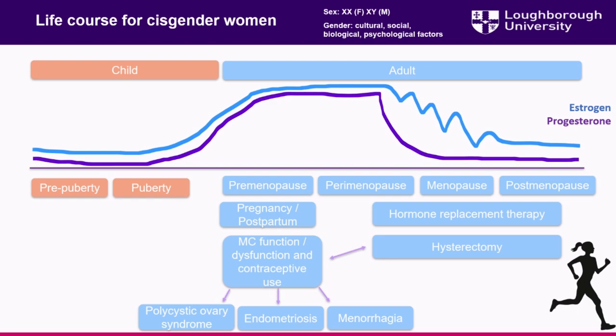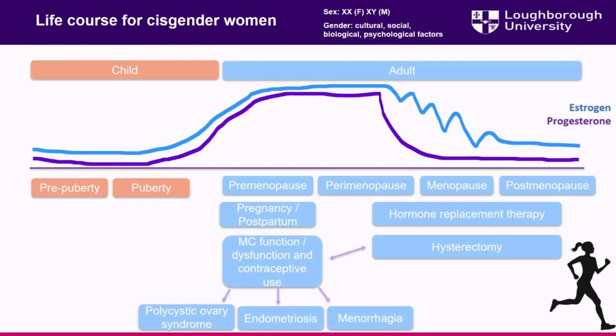I'm not going to be talking about transgender women or women with differences in sexual development, although that's a whole different topic that needs some research. But what I'm trying to show here is that your hormonal levels during childhood are relatively low. During adulthood, there's a huge transition, but even within that, so I've put that as straight lines at the top, there is variability.